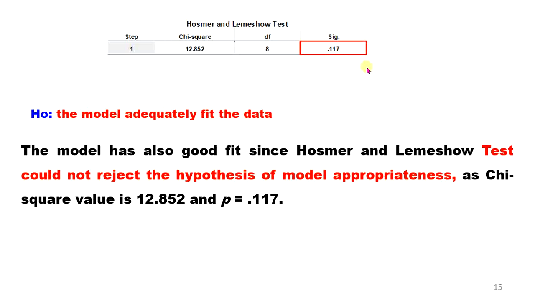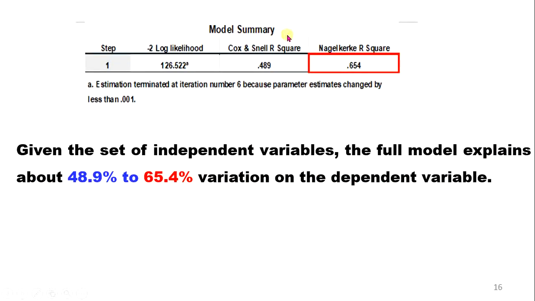ስለዚህ ምን ብለን እንደመድማለን? the model has also good fit since Hosmer and Lemeshow test could not reject the null hypothesis of model appropriateness, the model is adequate or appropriate ብለን ነበር ማለት ነው። ስለዚህ since the p value is greater than 5% we fail to reject our null hypothesis that the model is appropriate or adequate ማለት ነው, with a chi-square value of 12.8 and the p value of this. ስለዚህ ይሄም በጣም ኢምፖርታንት ቴብል ነው ኢንተርፕሬት ማድረግ ያለብን ማለት ነው። Next ሞዴል ሰመሪ እናያለን።